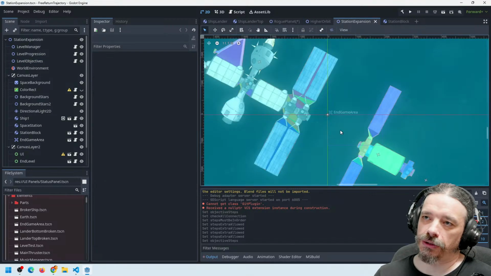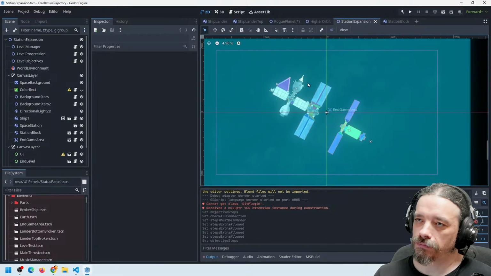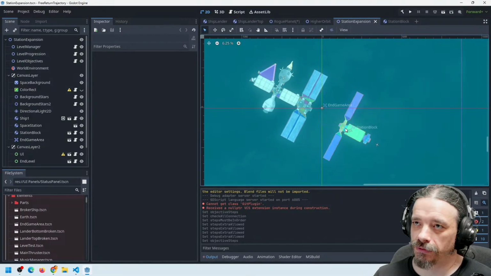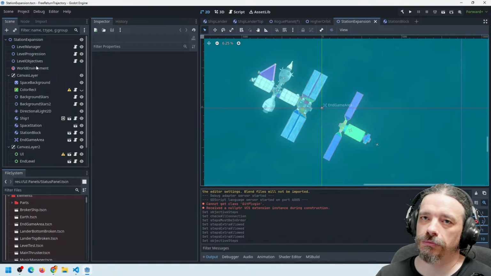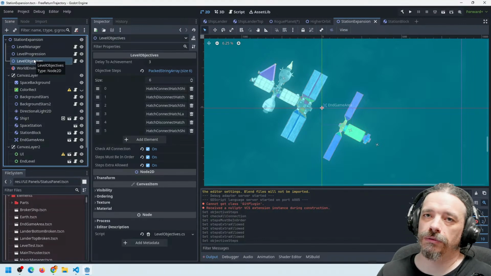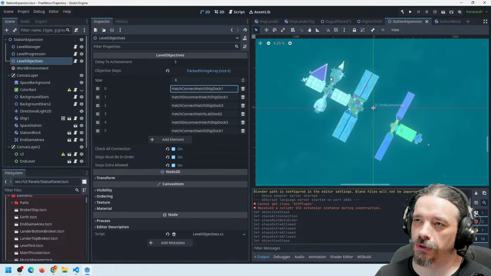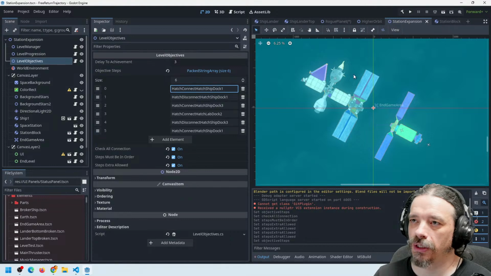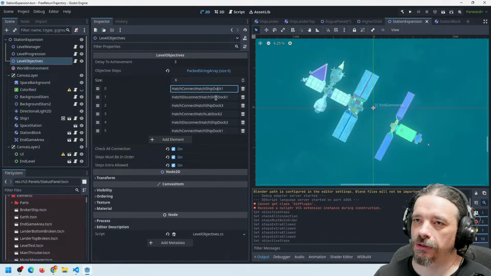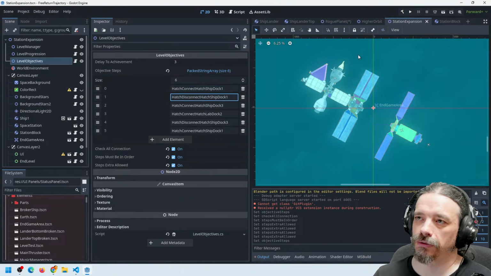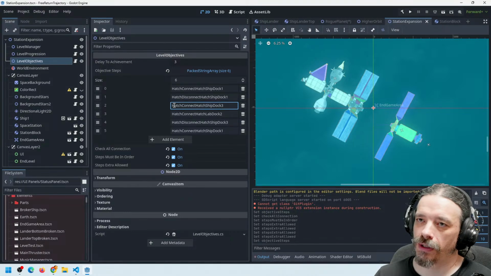Station expansion is a level that has a lot of stuff happening. Level objective: the first step is to dock on one, because when we start we dock. It's like the first thing to do is to dock, just because it's there. Second step is to undock and go out eventually. Third step is to dock, hatch connect,